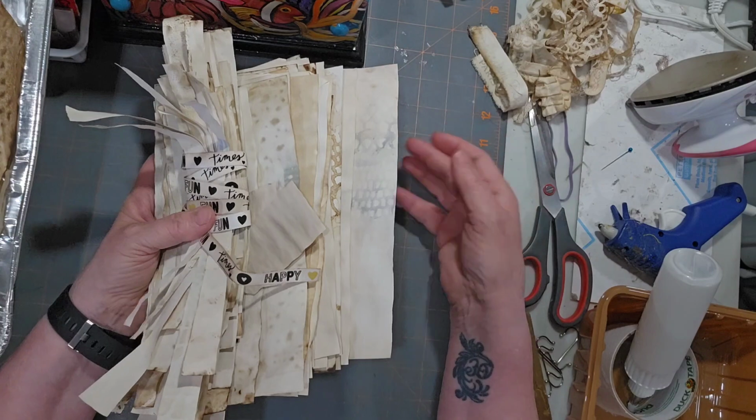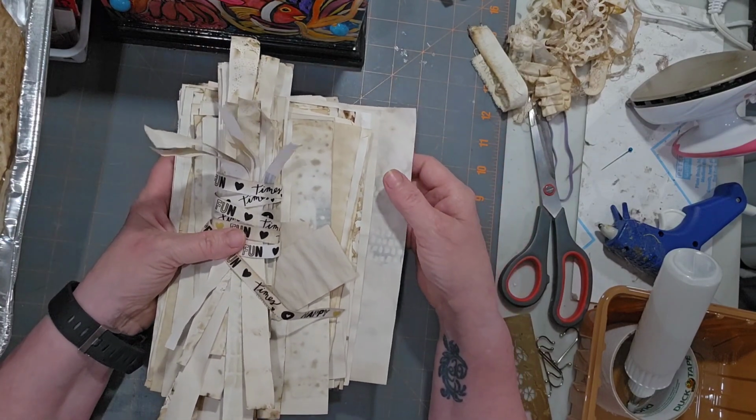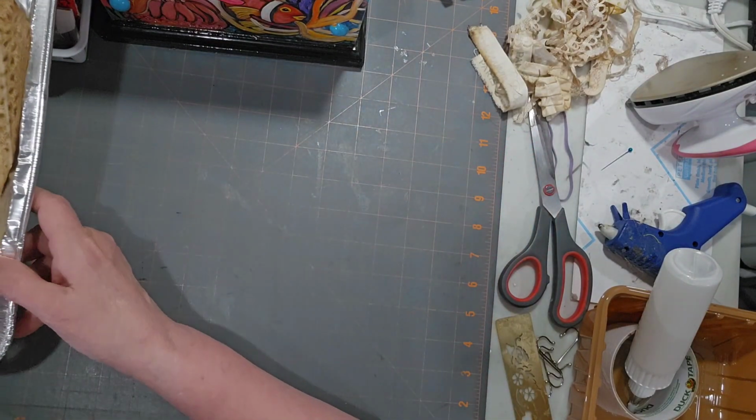But because I was outside doing this stuff anyway, I did it. I just found it a little bit more manual labor than the way I do it in the oven. And so then these were the strips that I...